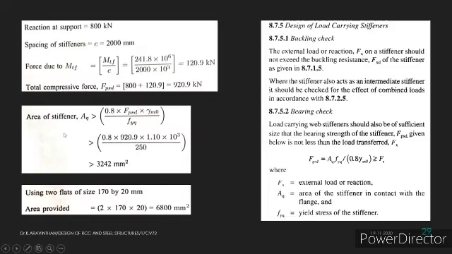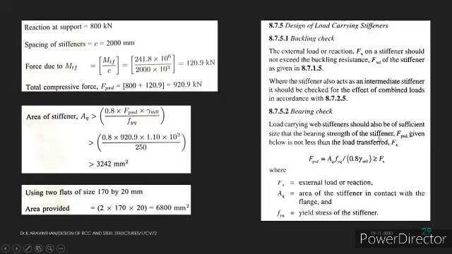Okay, now the area of the stiffener required should be greater than 0.8 F into gamma m divided by Fy. We arrived at this formula by using clause 8.7.5, design of load carrying stiffener. For buckling check it is given here, and for bearing check. Right now we are doing the bearing check, and the load carrying web stiffeners should also be of sufficient size that the bearing strength of the stiffener